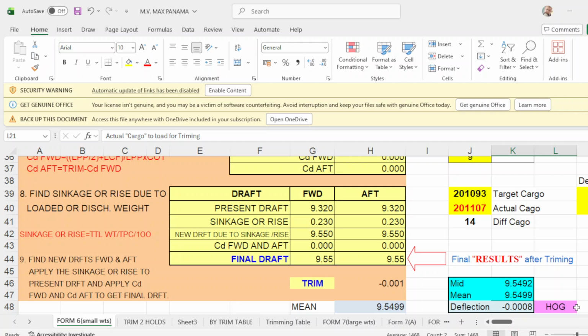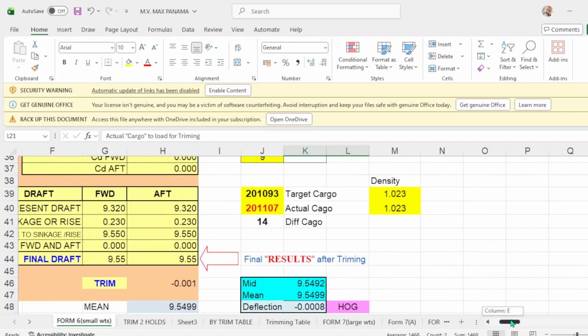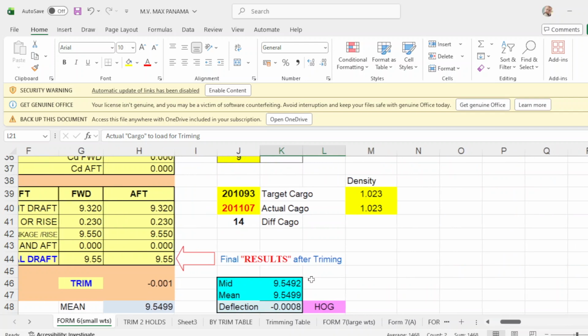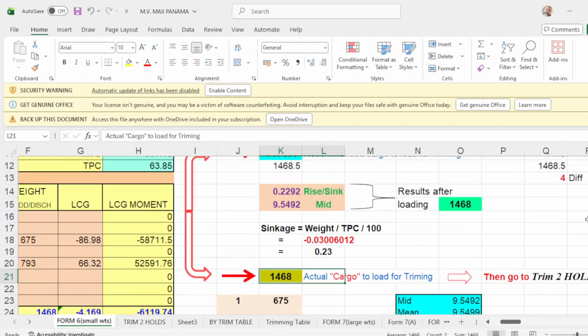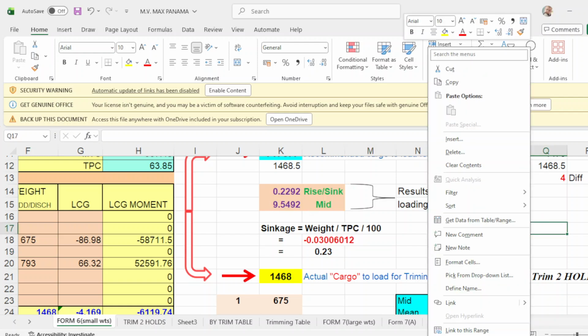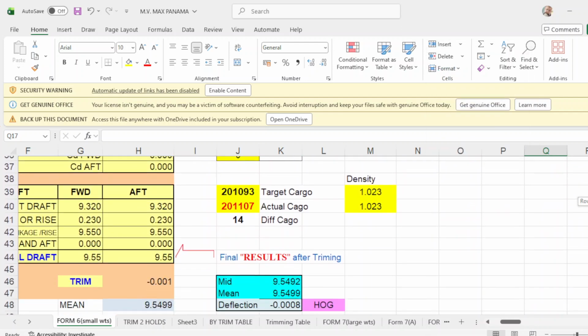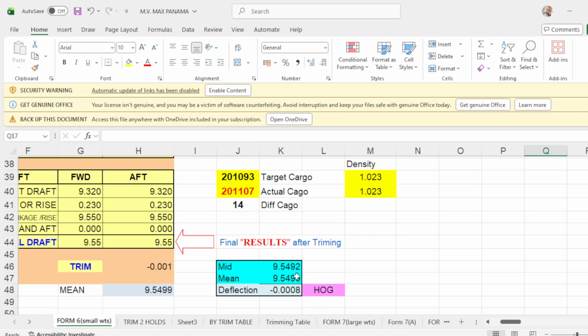Okay? How did I get this deflection? So this mid drop is this one. So when you put your load of 1468, this will be your mid drop, 9.4549. And your mean drop, this will be your mean drop.